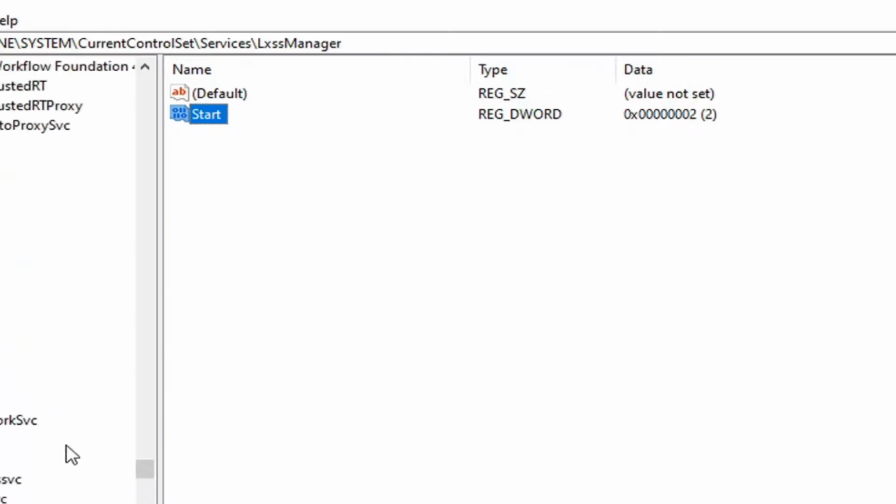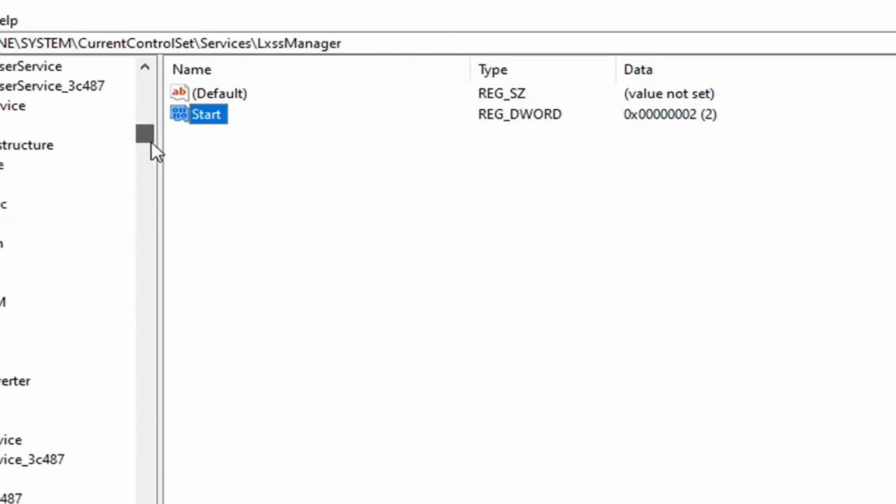Once that's done, you can close out of the registry editor, restart your computer, and that should hopefully be about